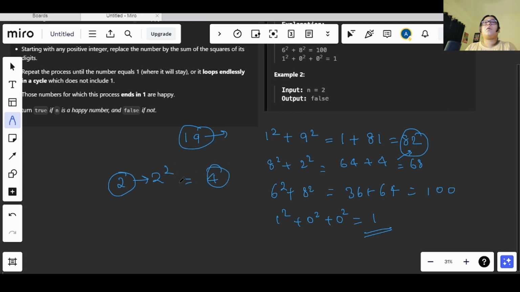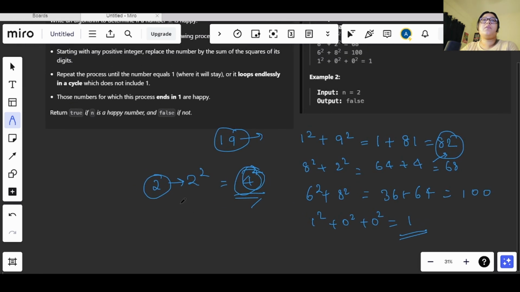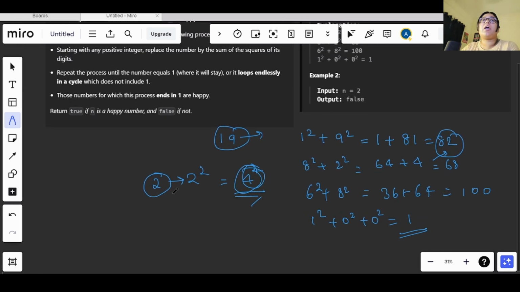Even if we keep finding the squares again and again, it will not take us to a 1. The last number that we are getting is a 4, which is not equal to 1, so it is not a happy number.